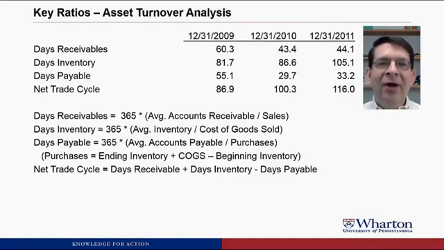I really like Eric's customization explanation for the increase in days inventory. If you make customized products, they're going to take longer to make. You have to make smaller batches, set up the machine for each batch, bring in different raw materials, and you're just going to have inventory longer. But as long as you're getting paid for that, you should see the gross margin increase, which is what we